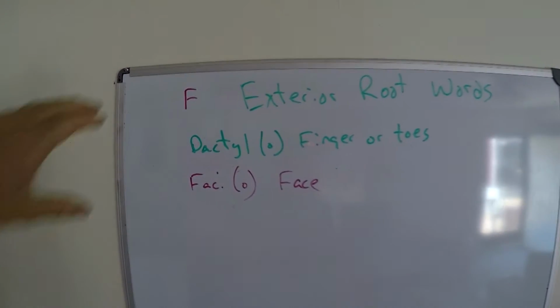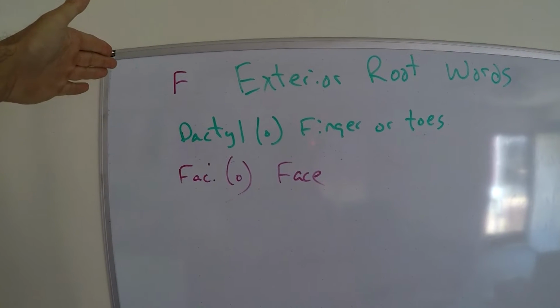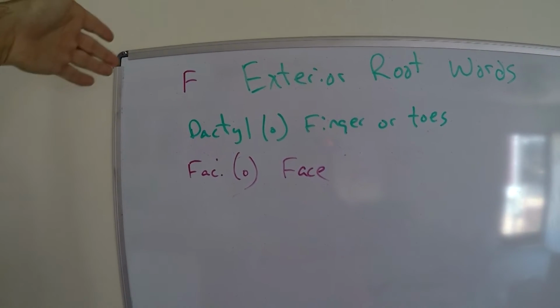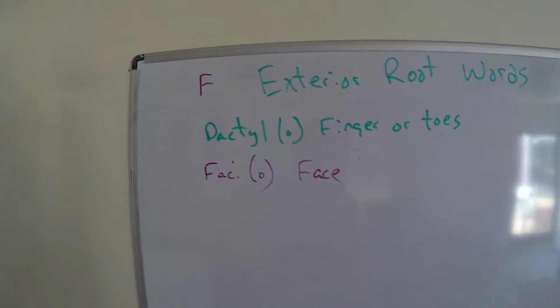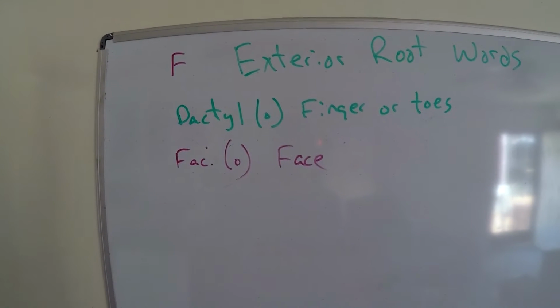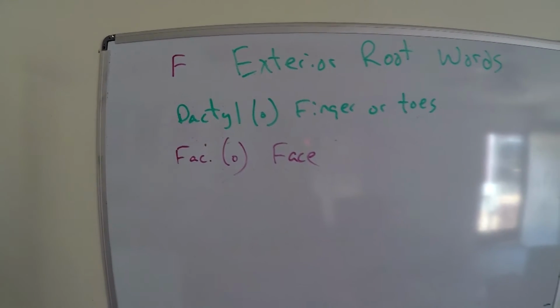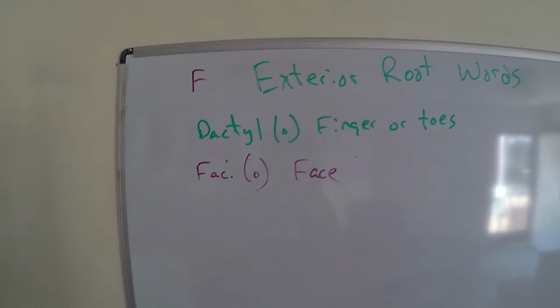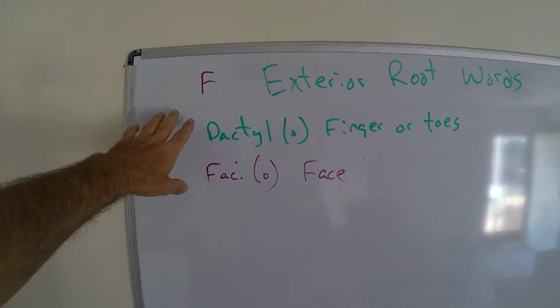All right, notice that there are no E's. Okay, so we're going to skip the E exterior root words, and we're not just skipping it to skip it, but you don't see a lot of them. Okay, and so we're only focusing on what we see a lot of. So this is the